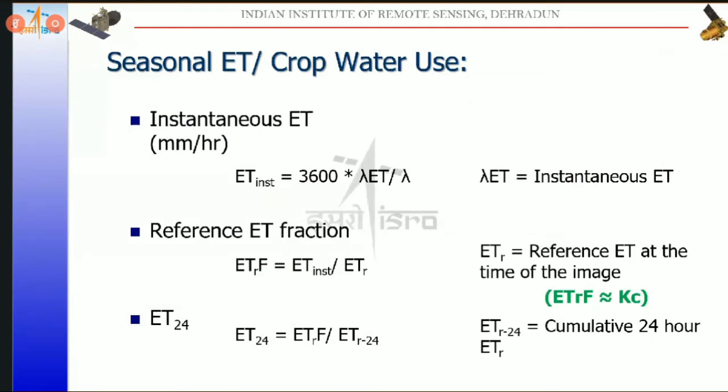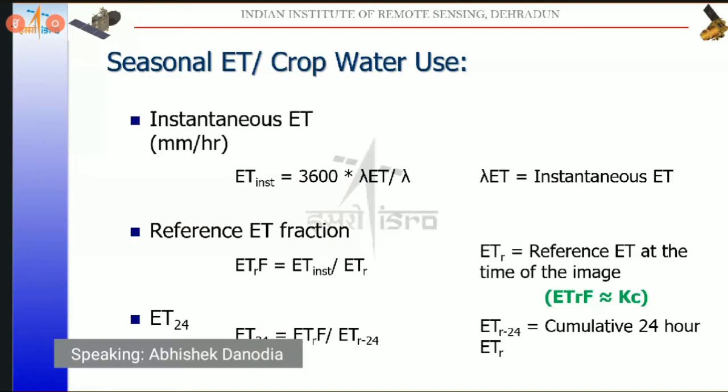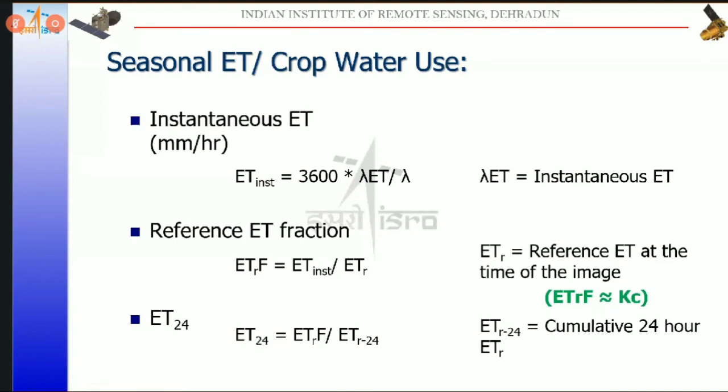Now come to the seasonality or crop water use. If I want to calculate the crop water use, these are the formulas as I mentioned in the slide. Earlier I defined the instantaneous evapotranspiration in the S-SEBI or METRIC or other models. When you calculate the reference ET fraction, the formula is ETRF equals ET instantaneous divided by ETr, where ETr is the reference evapotranspiration at the time the image was acquired, like if I'm talking about a Landsat image, Landsat 8 is acquired